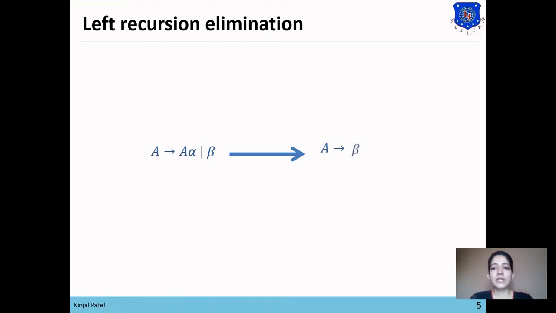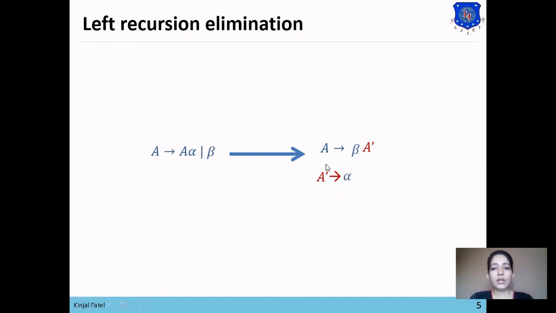and generate one new non-terminal to derive the next level, because we perform the recursion of alpha in the second level. So A dash produces. Now we want to perform recursion of alpha. You can see that in the first alternative there is left recursion in it. So except the leftmost non-terminal, we will select the remaining part of the production. Here the remaining part is alpha. So we will select alpha from the first alternative, and then we want to perform recursion on alpha.